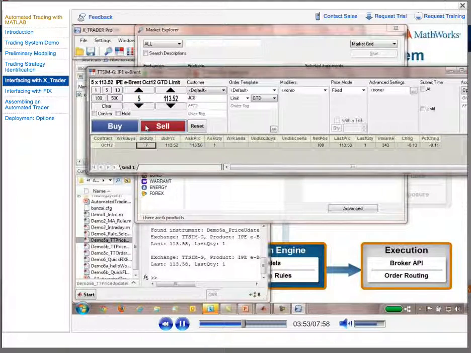Is create an order for 5, and we're going to do that at the market. We're not going to create a limit, we're going to do it at market, and we're going to do it create buy. And what you can see is that the last trade was 3. And if we go back and look at the order fills window,